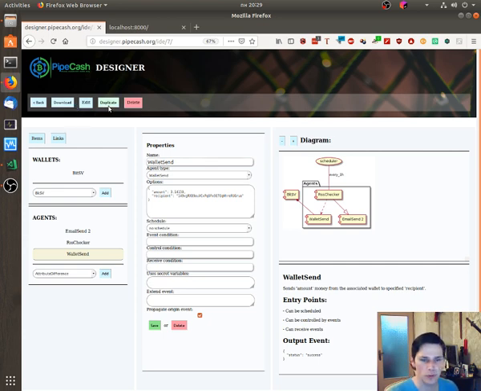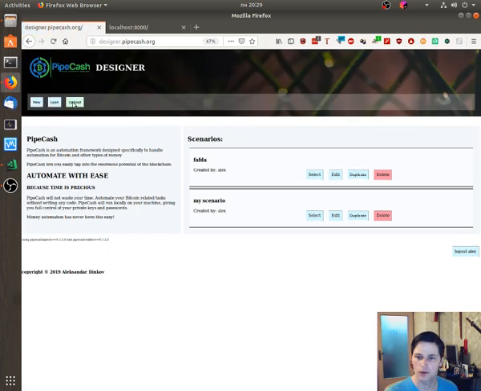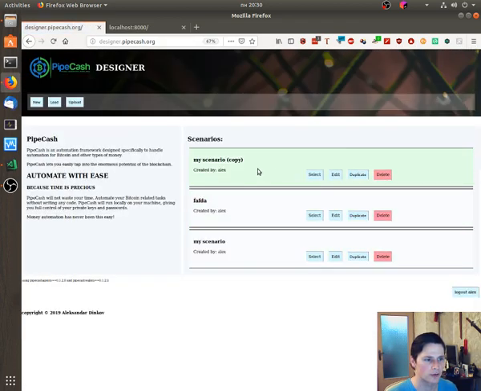You can click duplicate if you have saved work that you don't want to change, but at the same time you want to experiment with some changes. At the moment, as I said, uploading scenarios back into the designer does not work. That means that the only way to safely experiment with something that already works is to duplicate the work and work on the copy. So I'm going to do that. I'm going to duplicate it, open the copy,